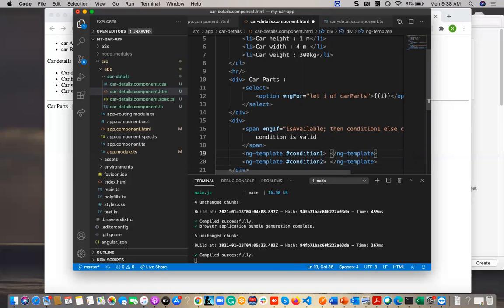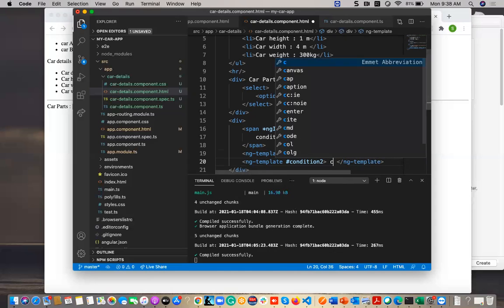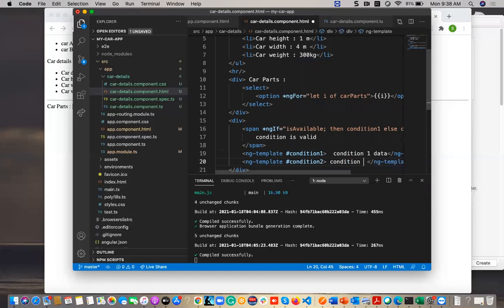So if it is condition 2, I am going to display condition 2 data, and here condition 1 data.